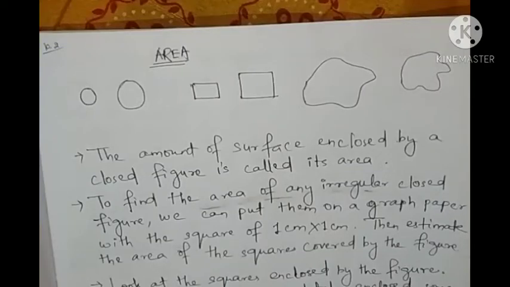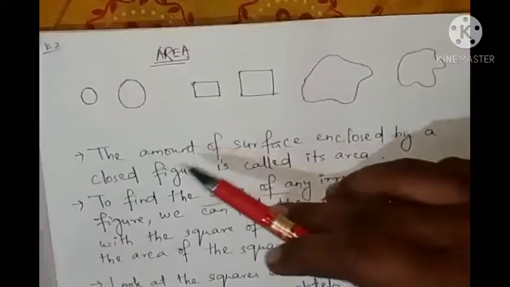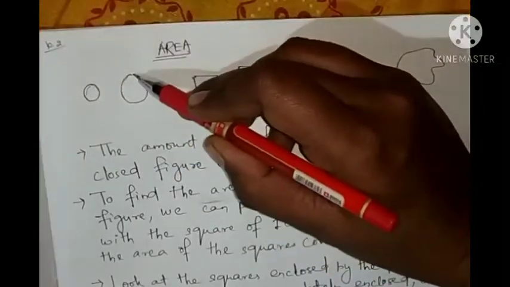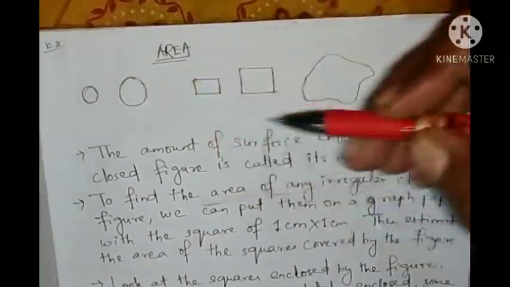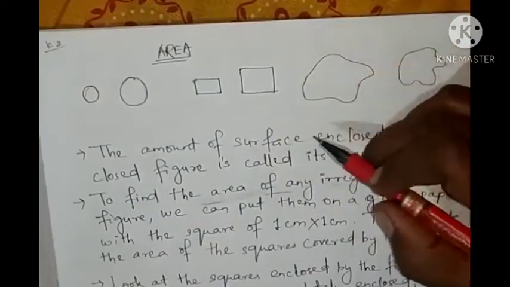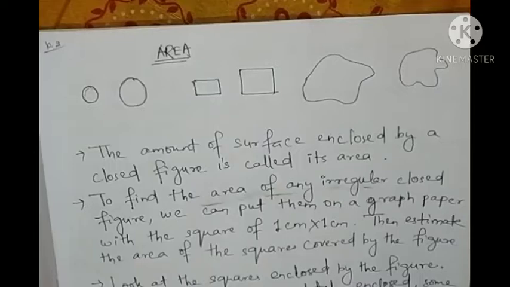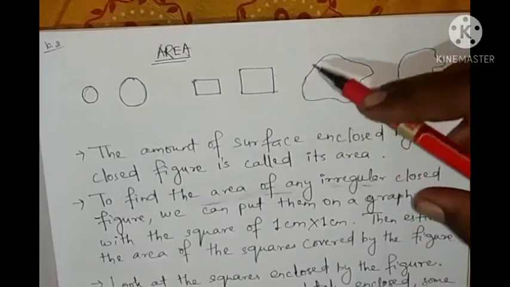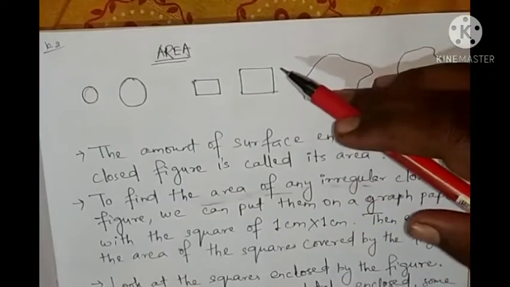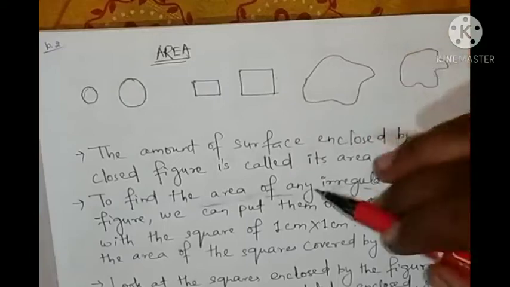So in a closed shape there is always a boundary. So look at here, so many closed shapes are given. Every shape has a boundary because where it has started, it has ended. So we need the boundary so that we can find out the perimeter. People can use it for making a compound wall or fencing. But that is about the boundary.